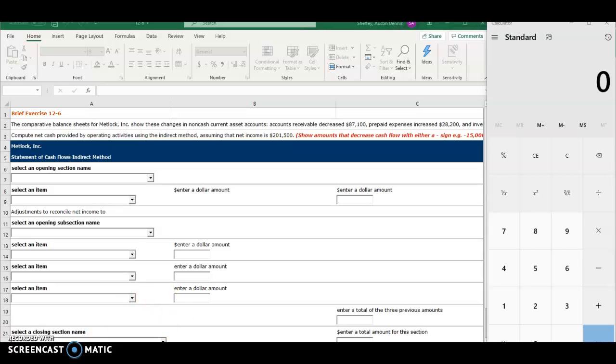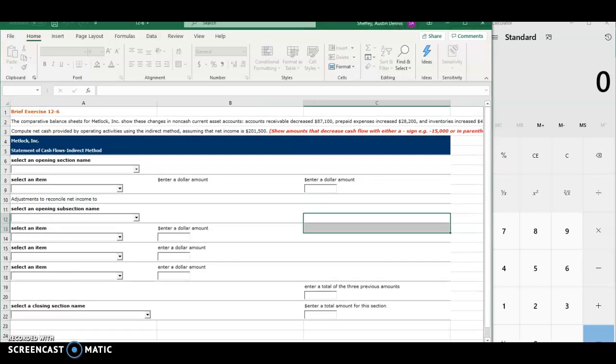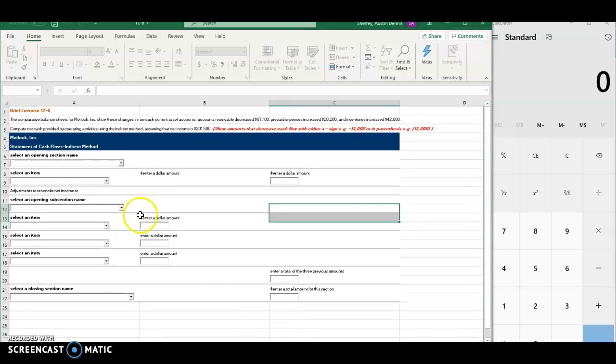For this problem, we have to figure out the cash flow statement with the indirect method. It states that the comparative balance sheets for Metlock Incorporated show these changes in non-cash current asset accounts. Accounts receivable decreased $87,100. Prepaid expenses increased $28,200. And inventories increased $42,800. Compute net cash provided by operating activities using the indirect method, assuming that the net income is